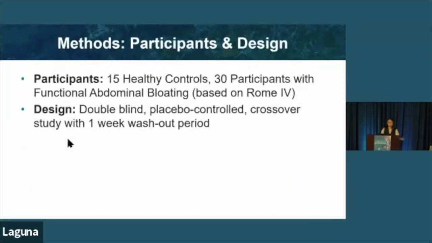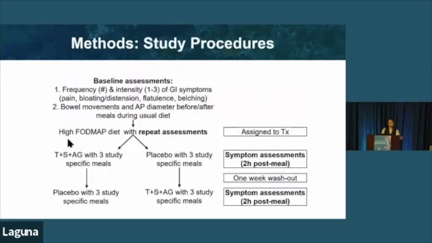So this was a trial that involved 15 healthy controls and 30 patients who had met symptom criteria for functional abdominal bloating. It was a double-blind, placebo-controlled crossover study. And this is essentially just a diagram that illustrates the study design. So at baseline, they assessed the frequency and intensity of GI symptoms, bowel movements, and they also measured abdominal perimeter before and during meals. And then 1 week later, they put all of their volunteers on a high FODMAP diet